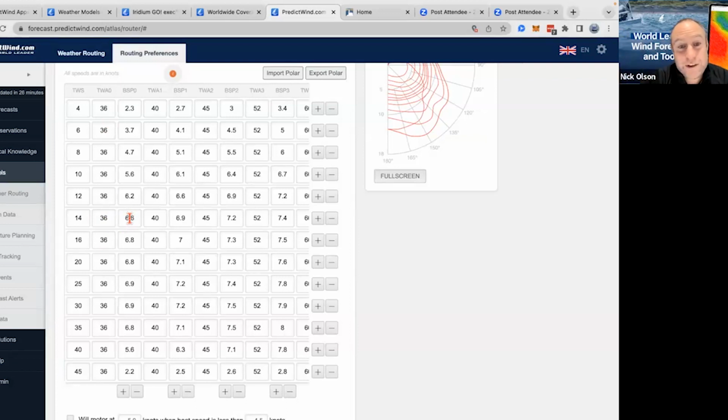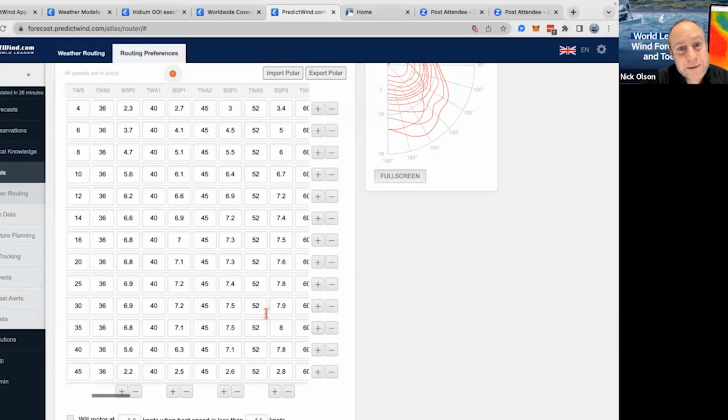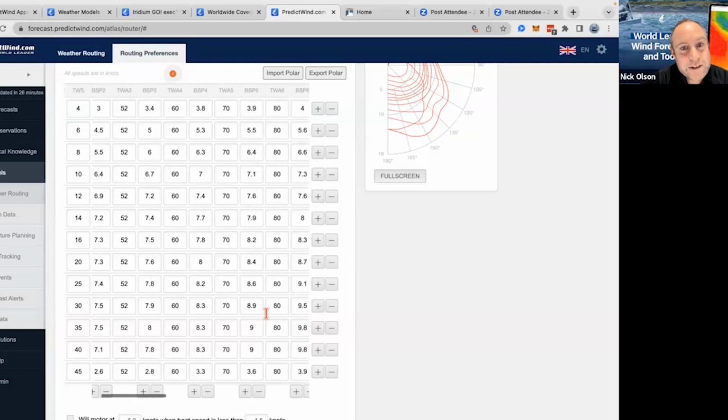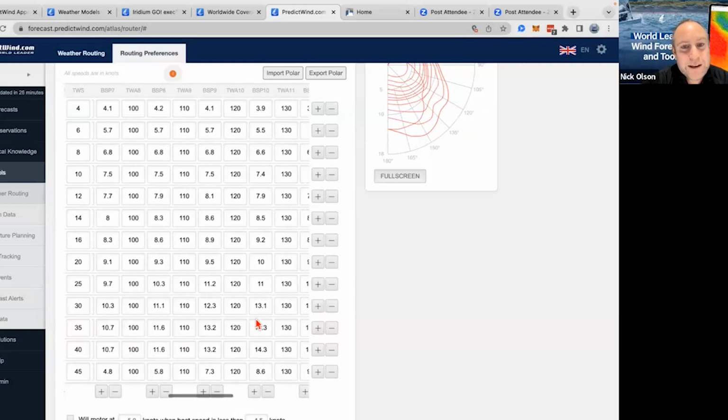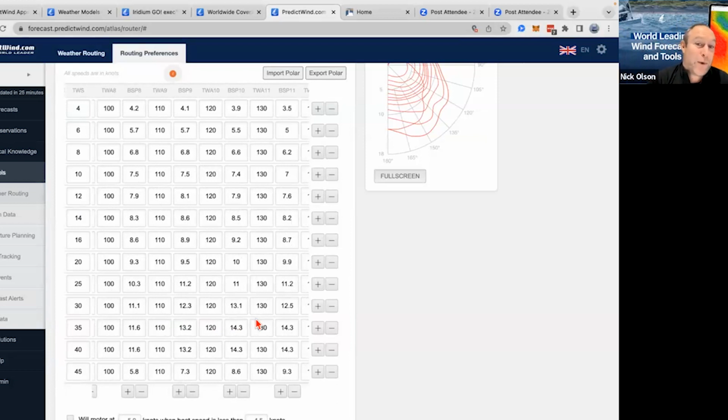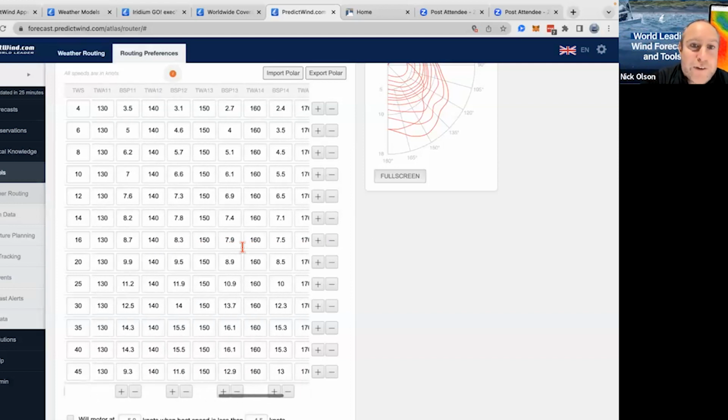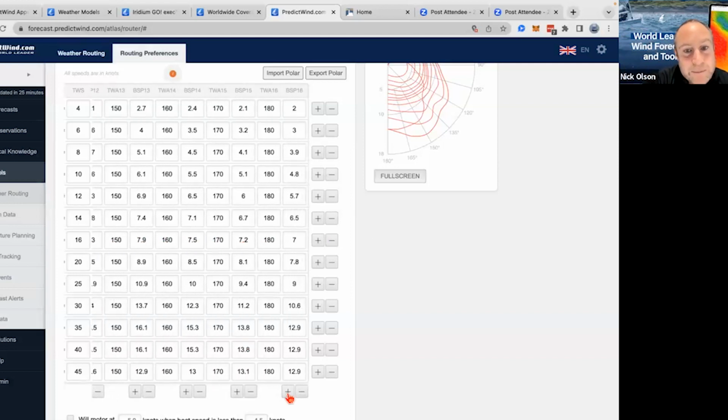So you can come in here and you can adjust this. I would definitely simplify this polar. There are a lot of wind angles in here, and yes, you can do that if you want to, but you can also simplify it, and it will simplify your polar curve and interpolate in between each point. Over here as well, I would,